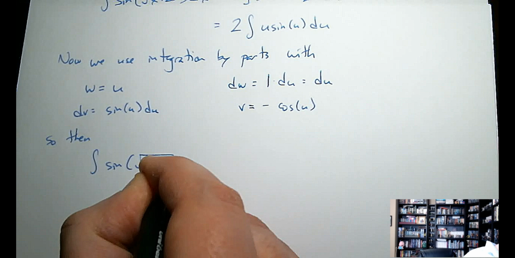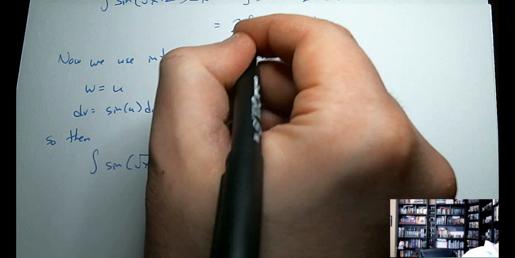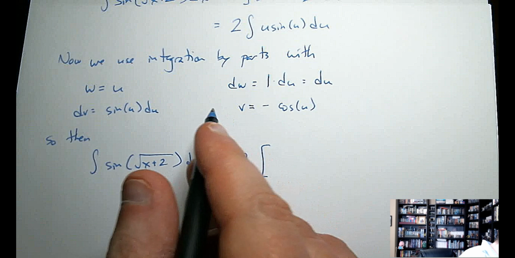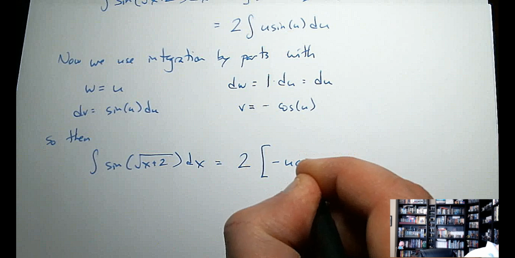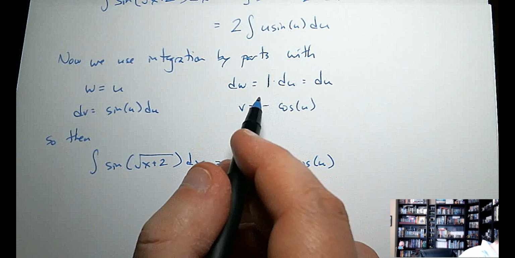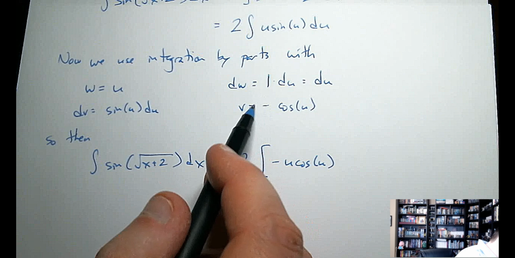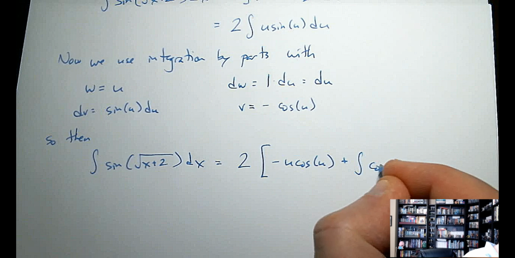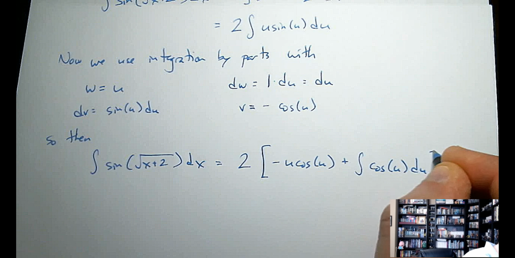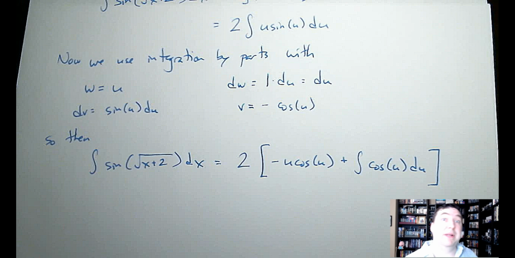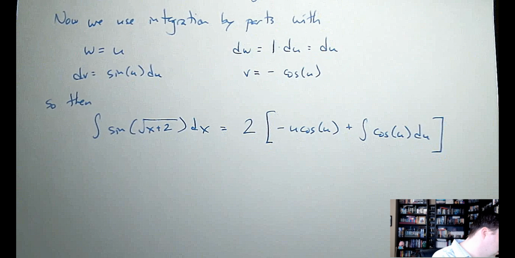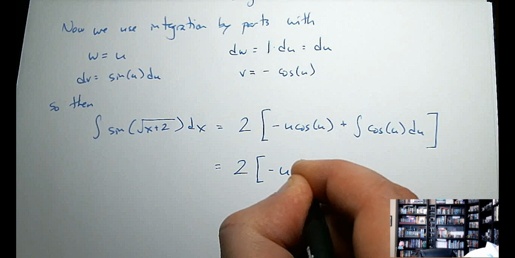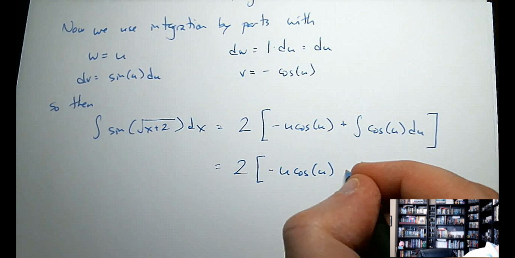So then our given integral is going to become, we still got that 2 up front, so we'll have 2 times v times w, that's negative u cosine u, minus the integral of v dw, and so I'm going to pull that negative out, so minus and minus becomes a plus the integral of cosine u du, which is a nice elementary integral, one of our common integrals. We'll have 2 times negative u cosine u. The integral of cosine is sine u